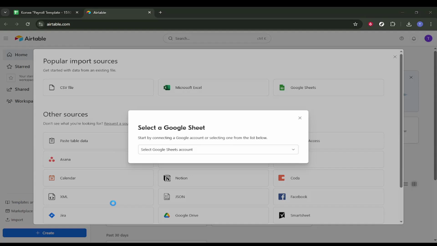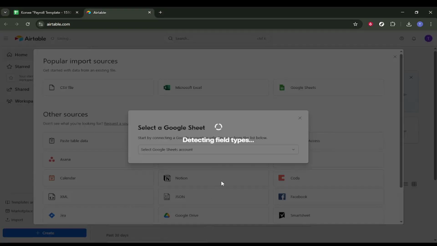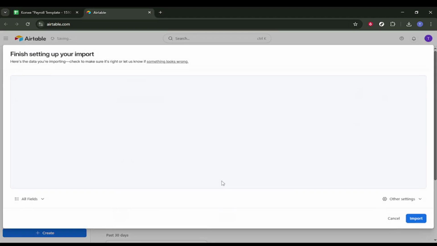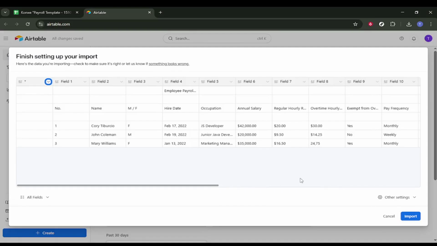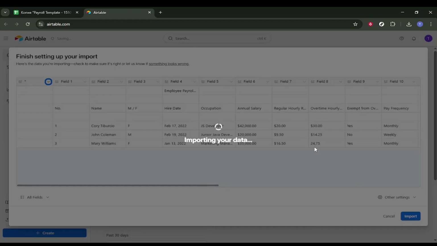With the right spreadsheet selected, click Select. This confirms the file choice and returns you to Airtable, so it can prepare the import. Finally, click Import. Airtable will pull in the spreadsheet data and create records based on your rows, with fields based